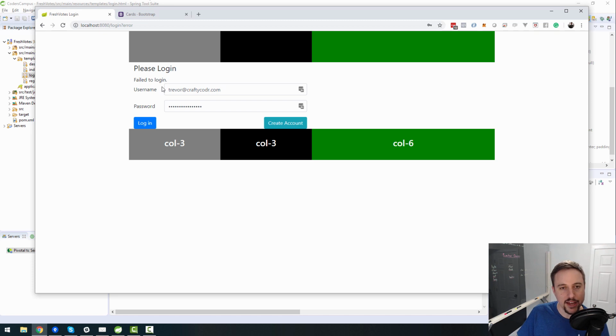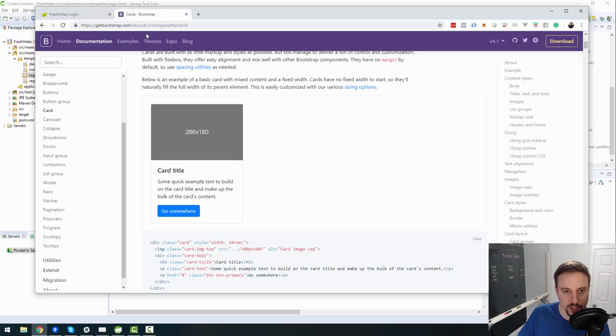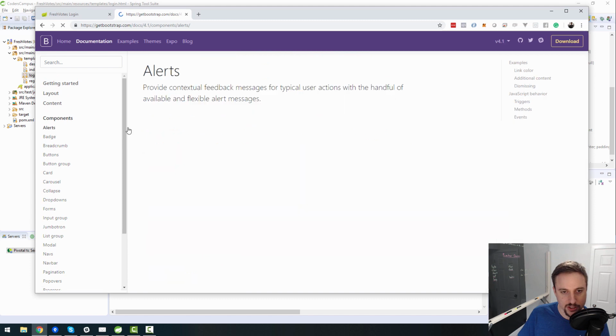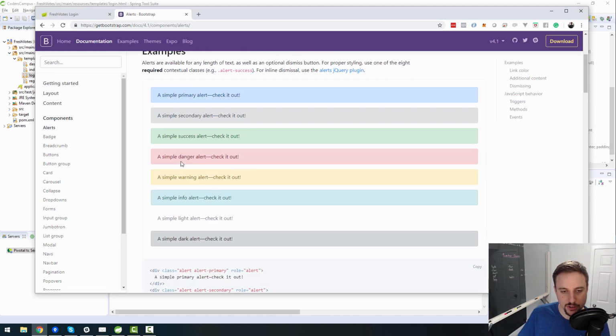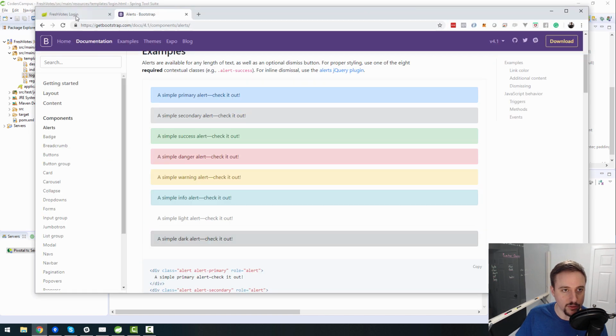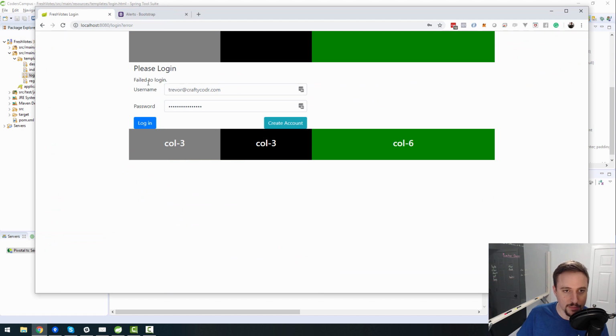And then I'm going to leverage something called a card, because that's a fairly common thing with Bootstrap 4. As you can see, I'm looking at cards right now. We'll get into that in a moment. First, I'm going to go to alerts, and this is going to be very, very simple. I'm going to have a red colored alert pop up when there's an error that appears. On the screen right here, it says failed to log in, but you almost miss it because